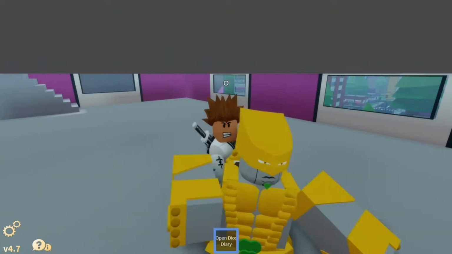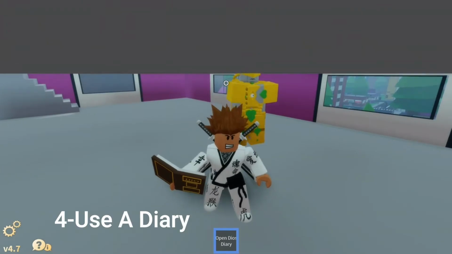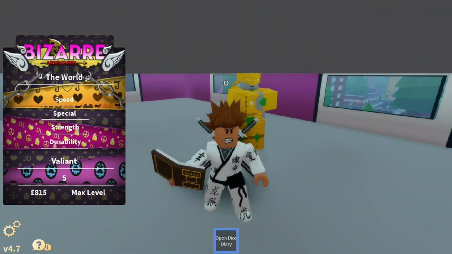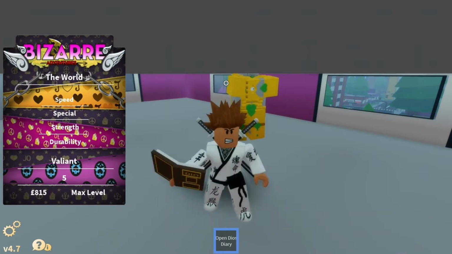Okay, so now for the last step. As you just saw in the video, use the diary. After you use the diary, it's going to become an open diary, and then in that case you'll be able to actually read the diary. Every 15 seconds you're able to read a page of the diary, and there's a 1 out of 100 chance that you'll be able to get Over Heaven for The World and Star Platinum,